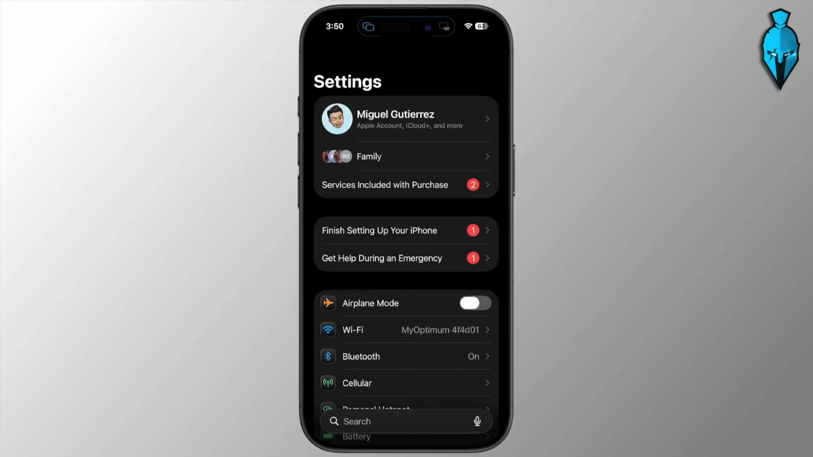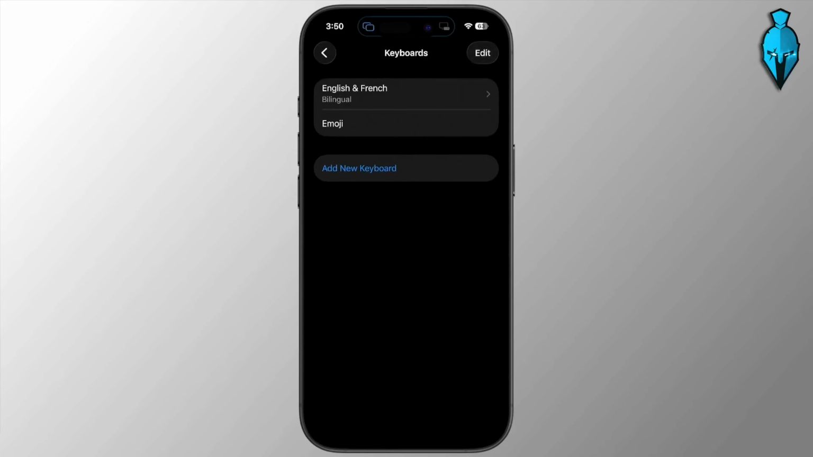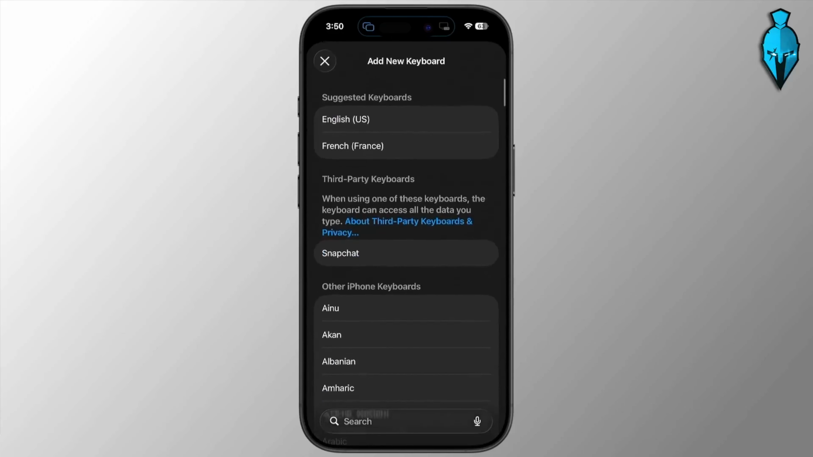Begin by opening the Settings app and search for Keyboards. Tap Keyboards and then select Keyboards again, then select the emoji keyboard. To do this, you want to hit Edit and then remove emoji from this list. Once you hit that red button and delete it, you'll want to select Add New Keyboard and then Add Emoji